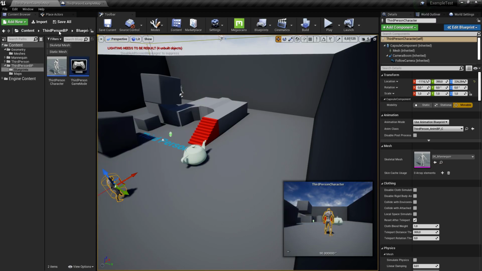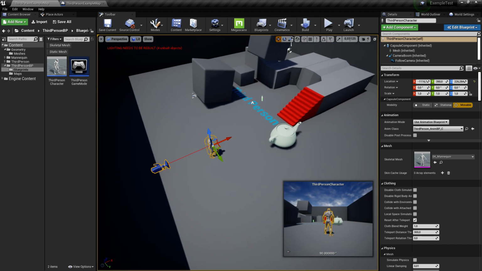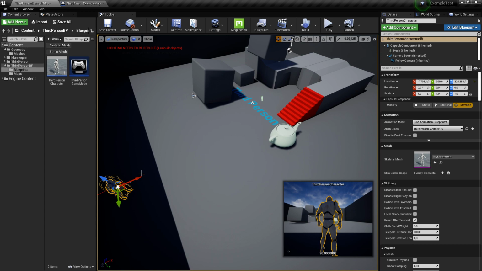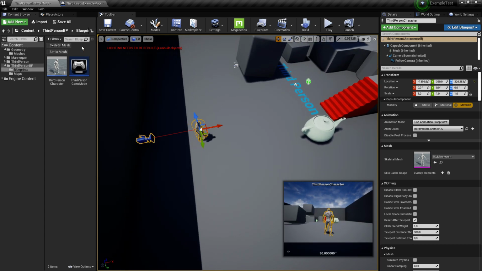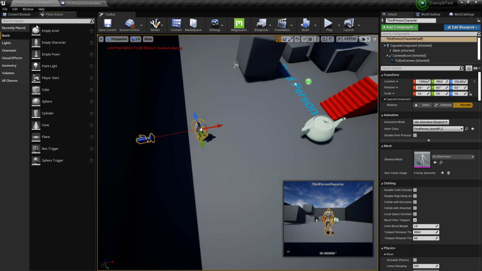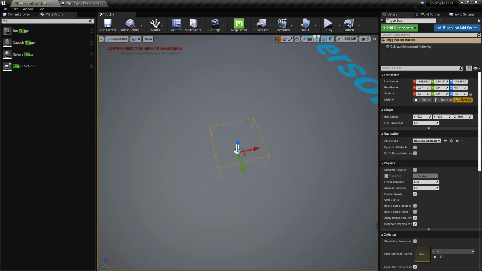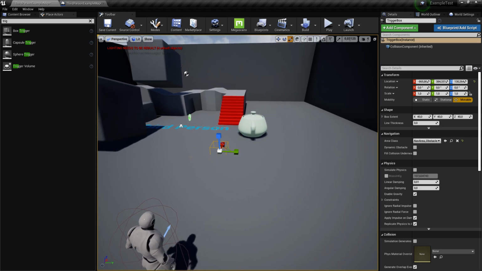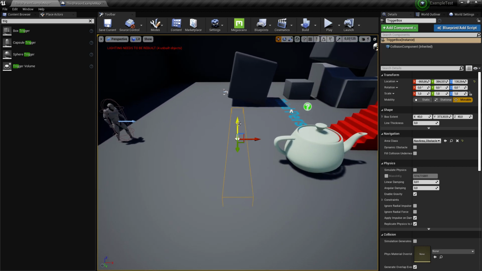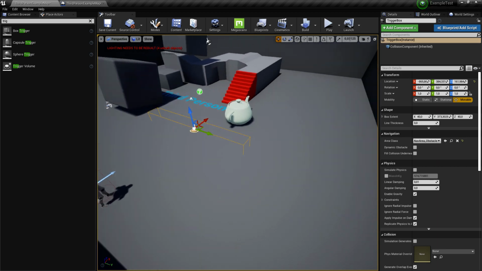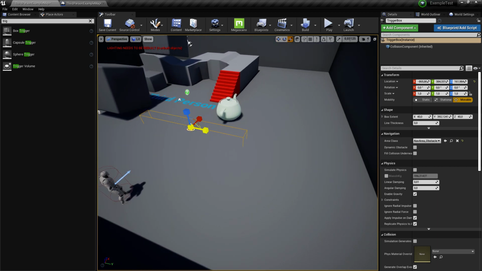So I'm compiling and saving even if there's nothing in here. I'm going to move my character just a little backward. Alright. So I'm going to place an actor in here and look for a trigger box. Basically a trigger box is just a collision box where you can see if someone is entering or leaving this little box here. You can choose the size of it, press space, move the y-axis, the x-axis, the z-axis if you want it taller. Alright, so I have it here.